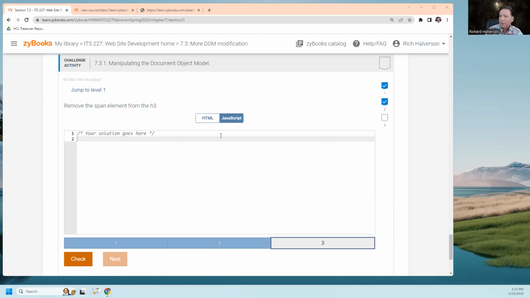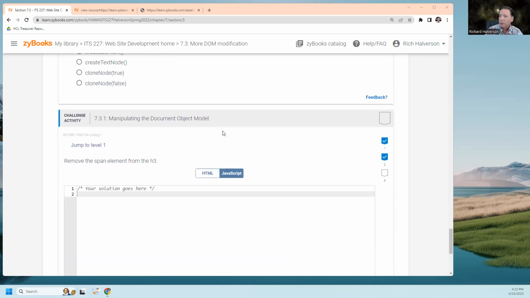All right, so I need to first, this is a tough one. How about if I go let, I'm going to do something different than the solution here. Let span element